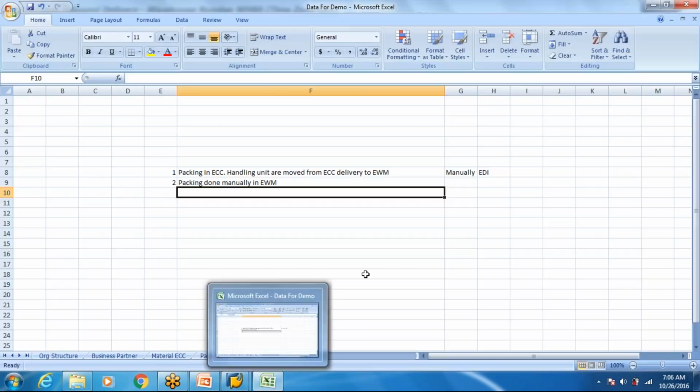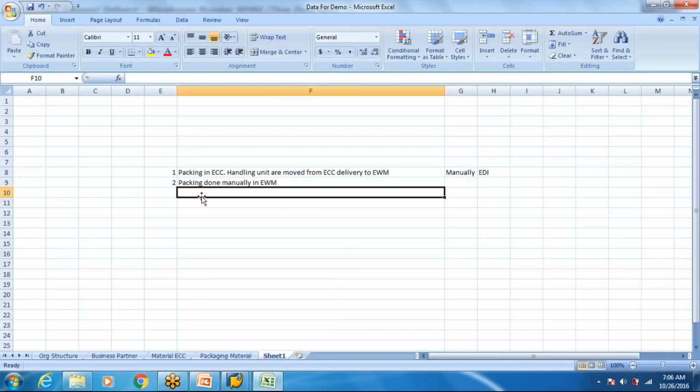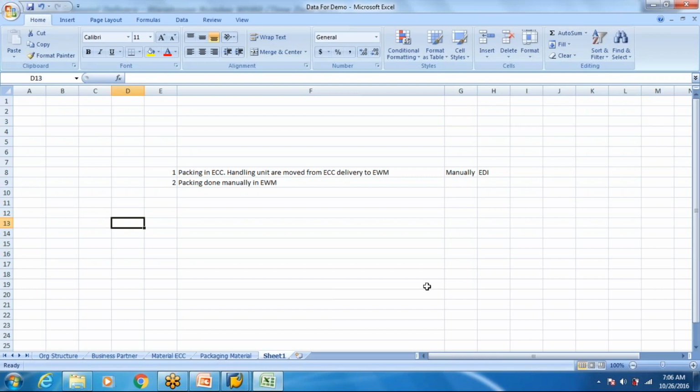You can try that out as well; it's pretty simple. Now I assume that most of the confusion might be with the packaging material creation, the packaging material type assignment and the packaging material group assignment. So I'll try to re-clarify those points.